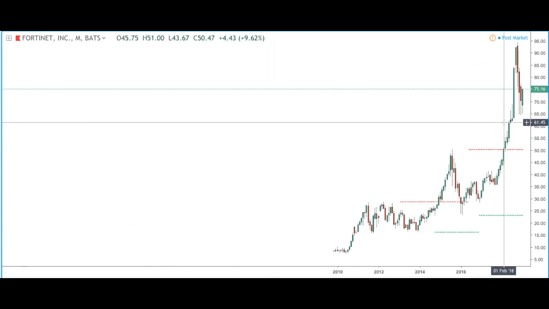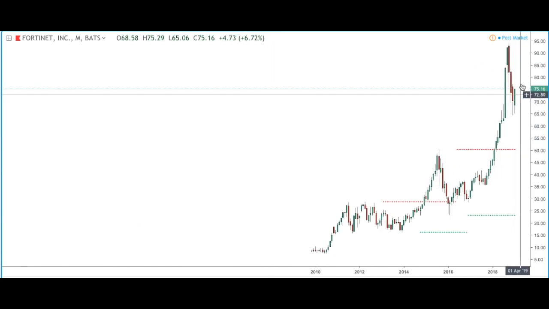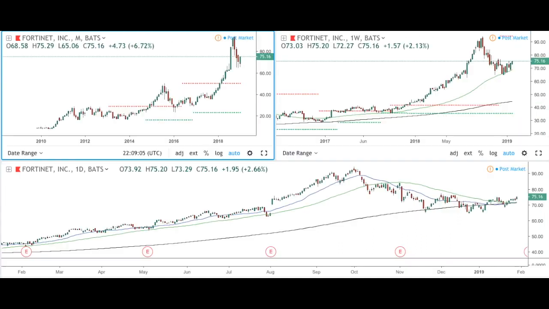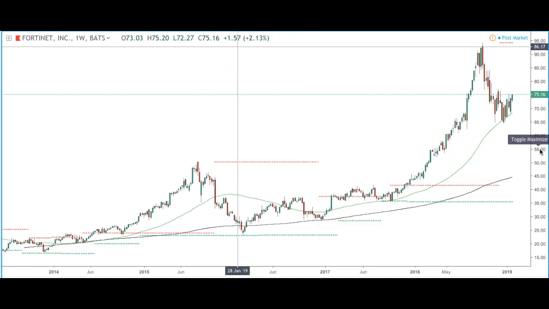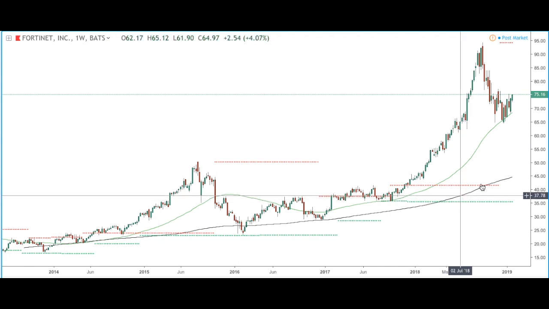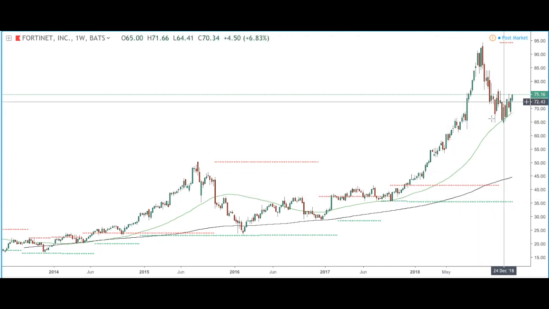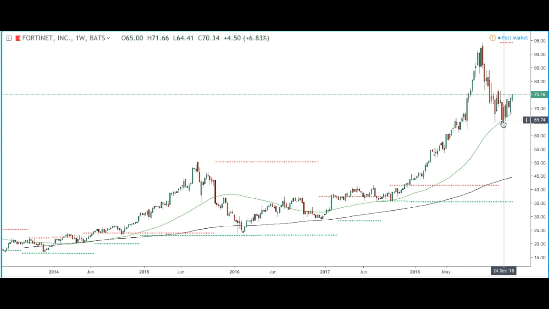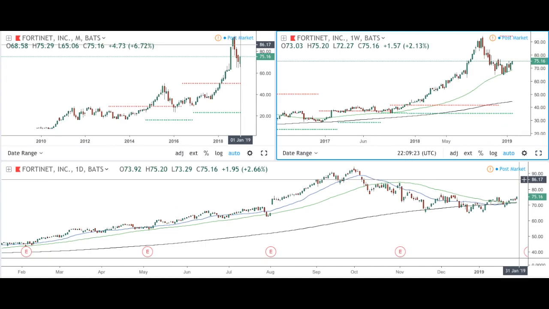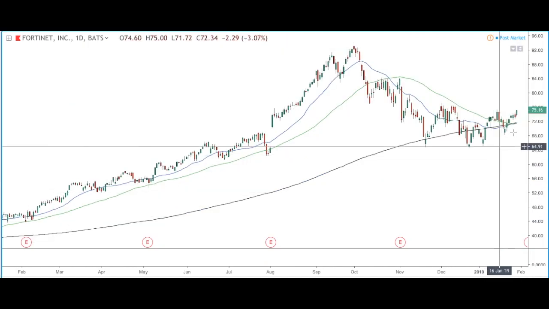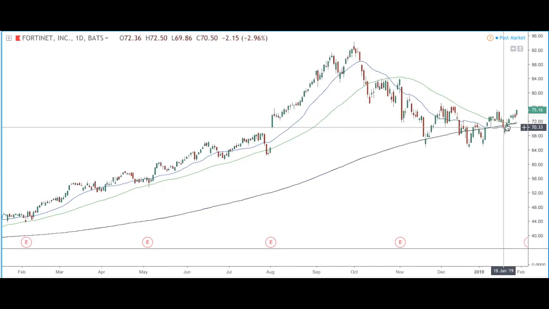And if we look at the monthly time frame, on January's bar, we can see that we have had bullish momentum. If we look at the weekly time frame, we can see that price is trading above the 200 moving average and the 50 moving average, and price has found a lot of support at the 50 moving average. If we look at the daily time frame, we can see that price is trading above the 200, 50, and